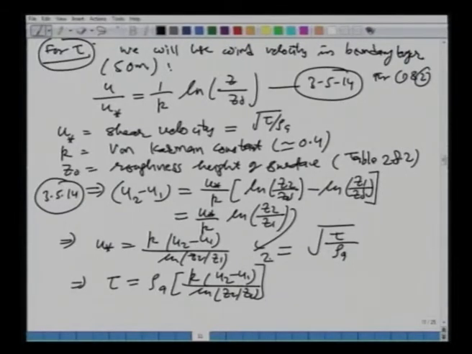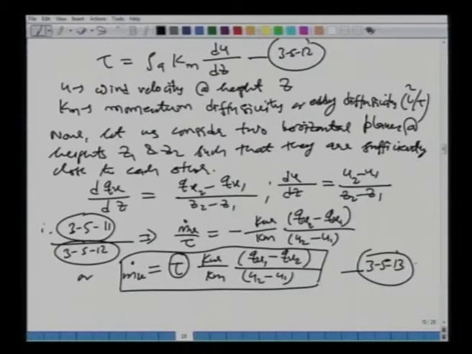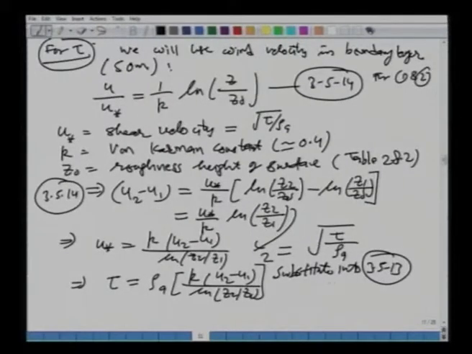Now, substitute this expression for tau into 3.5.13. What is 3.5.13? If you go back, this equation, m v dot, is what we are interested in. Substituting into 3.5.13, I will give you the final expression as this,